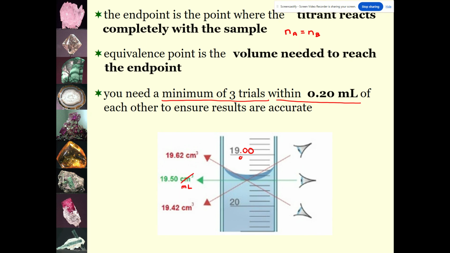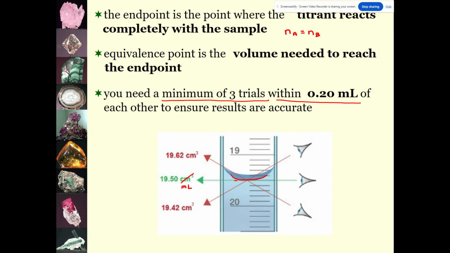19.00, this is 19.1, 19.2, 19.3, and so on, okay? So the bottom of the meniscus is at 19.50 mils. Now, if you have the bottom of your meniscus in between 2 lines, because right now it's exactly